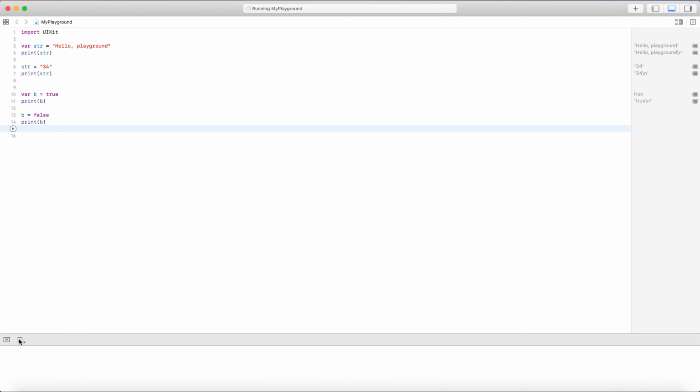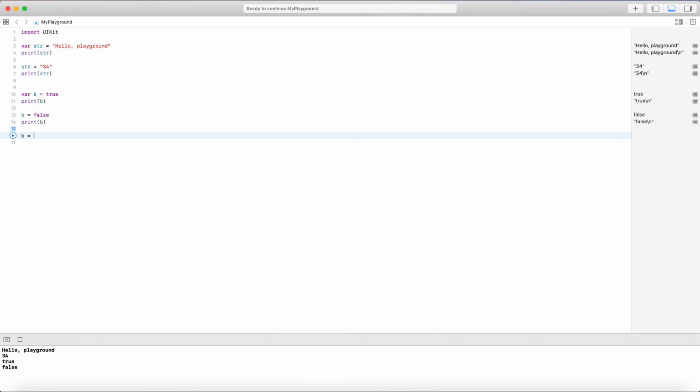I'm going to show that as well. If I assign b equal to 50, it's not picking that value. You get the error: cannot assign value of type Int to type Bool. So you can't assign that value. This is how we need to assign the boolean variable.